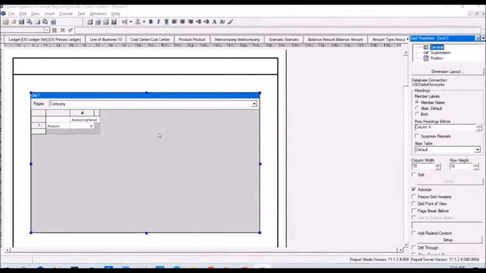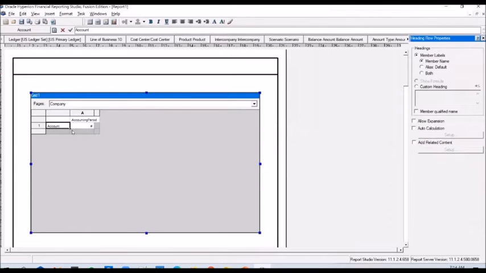And you could see that the grid is added now. And in a grid, you can have three types of rows. You can have a text row like this. You can have a data row like this, wherein you mention the account number and for which the balances will be pulled.